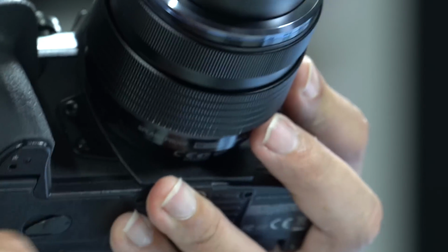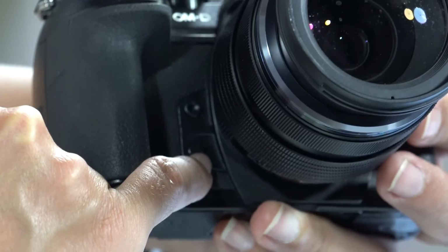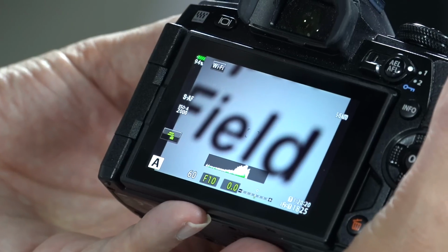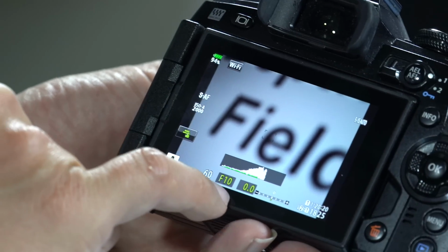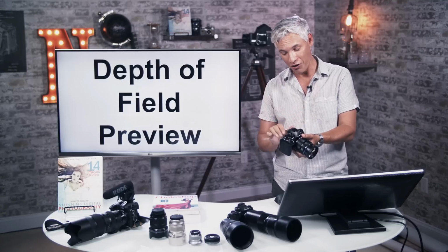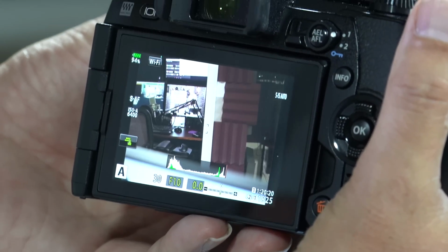Let's talk about the depth of field preview. It's this button on the front, the lower button. As I push that, it's going to give me a depth of field preview. So right now you can see the screen is just out of focus, right? As I push that, it's going to actually shut the lens down to the aperture that I've selected here, which is currently f10. We'll talk about aperture in just a little bit, but if you already know, depth of field is how much of the frame is in or out of focus. So you can see I focus in the background there,